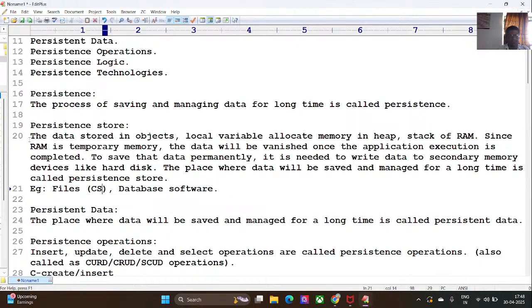You can use here a CSV file, a text file, tab separated files, comma separated files, maybe an XLS, etc. In the case of database software, you can use tables. Those tables may be virtual tables or physical tables. Database software in the form of tables. So I hope you are clear about what is the meaning of persistent store. The place where the data will be saved and managed for a longer period of time is called a persistent store. Next we shall see